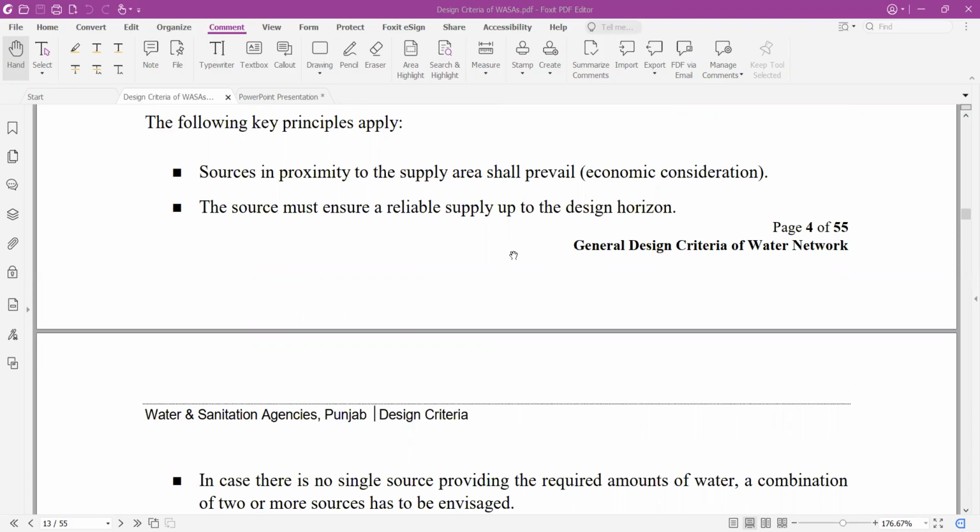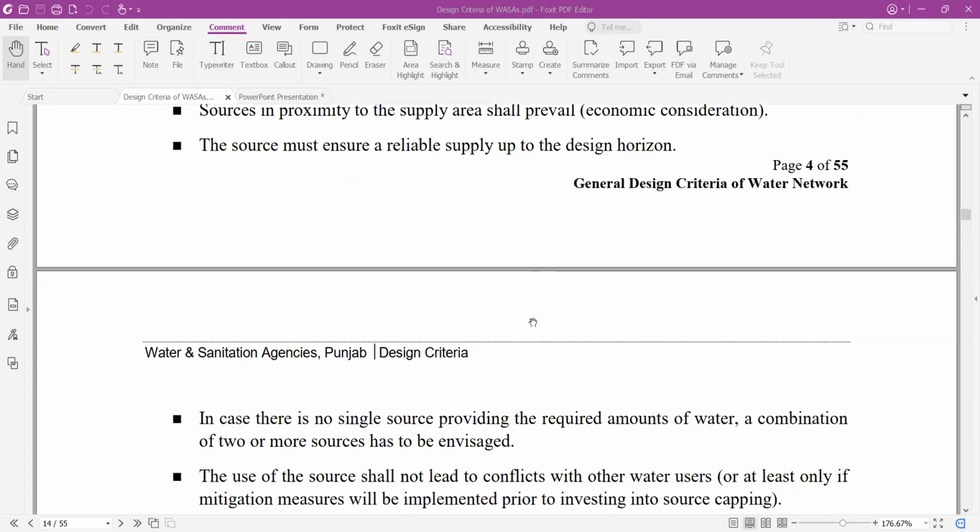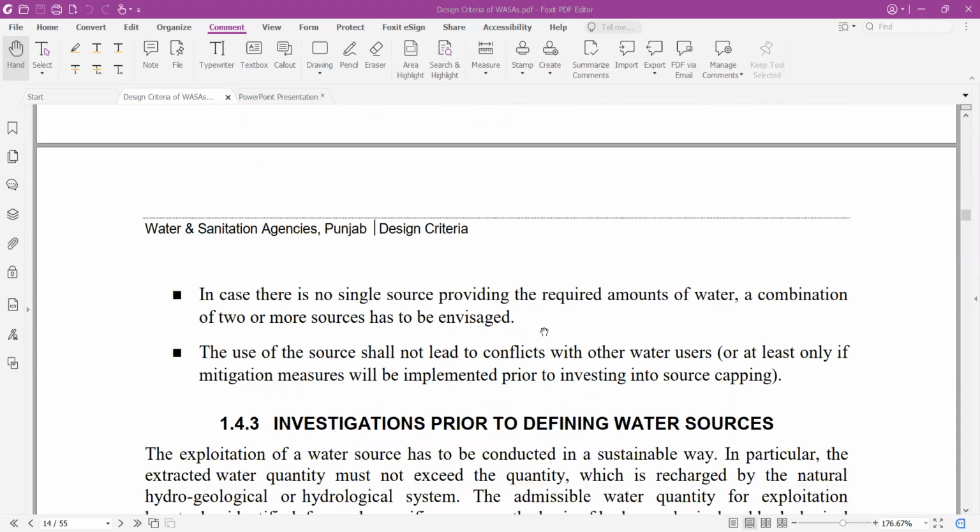In case a single source is not available, then 2 or 3 sources can also be selected. For example, you can select a stream in combination with groundwater, pond, or spring. You should quantify the capacity of each source